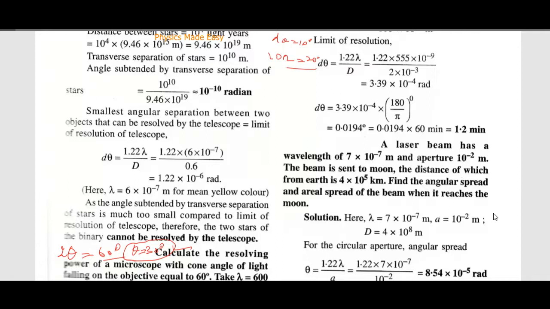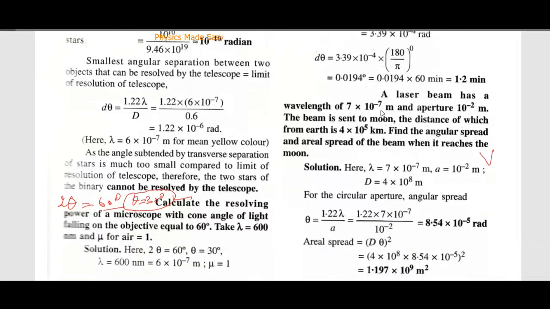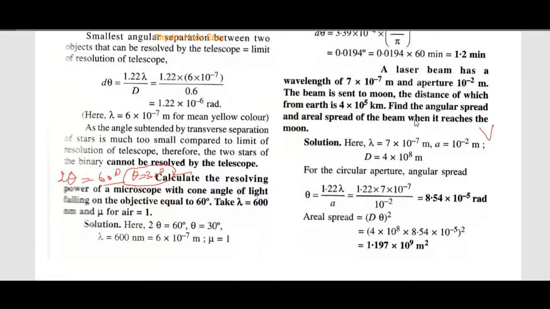And aperture is given. If lambda is given, aperture is given, you can find out the angle. So what we are finding out, we have found this angle, theta. Now, once we have found this angle theta,